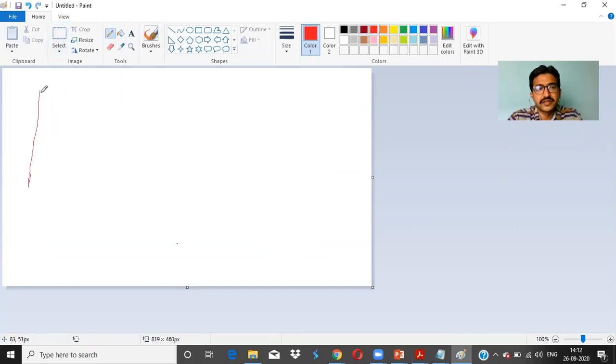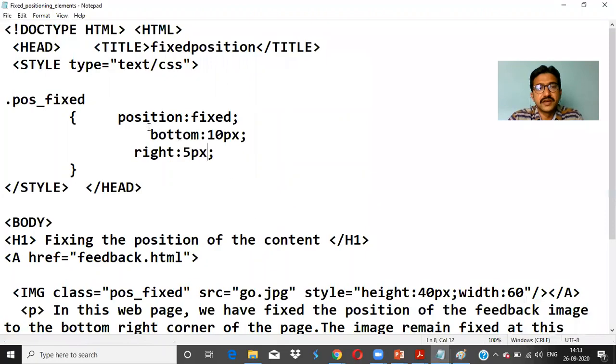If you consider this as a page, right? When you consider this one, what they are saying: position is fixed, bottom is 10 pixel.